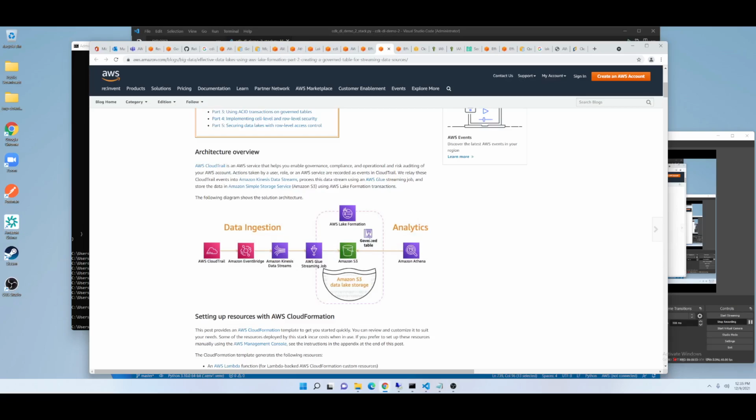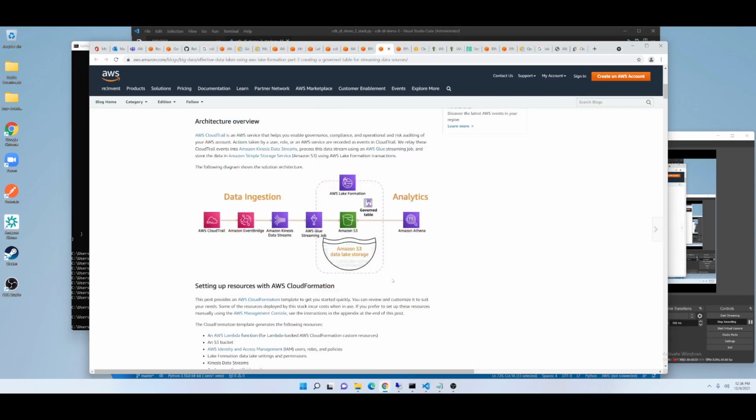Now, because you've got governed tables, you also have the ability to step back in time. So if you wanted to see what was the state of the governed table yesterday, or what was it a week ago, or what is it now, all of those states are managed automatically in governed tables. Okay,